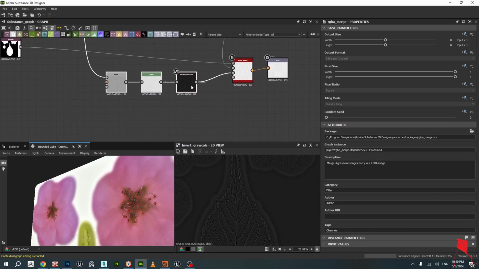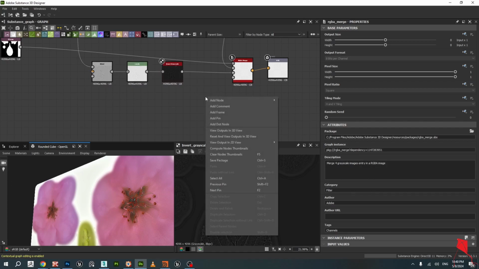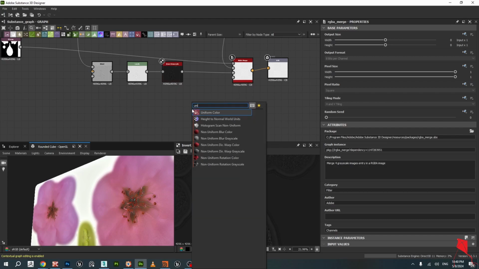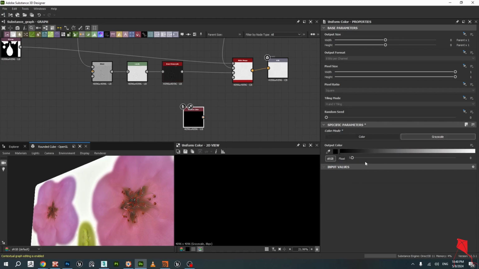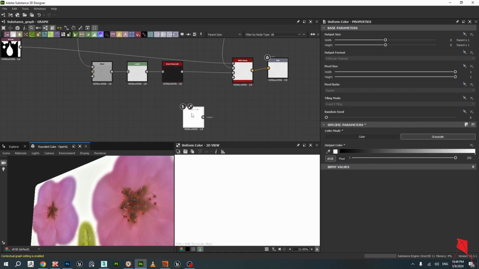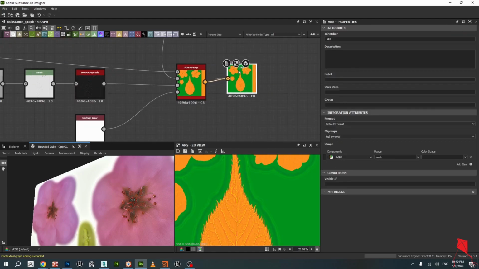Actually, I wonder why it's wrong here. Usually, you also need a uniform color to plug into alpha. I don't know where I changed it, but just a white color to plug into alpha. Yes, to have the proper result. And so then in the end you have